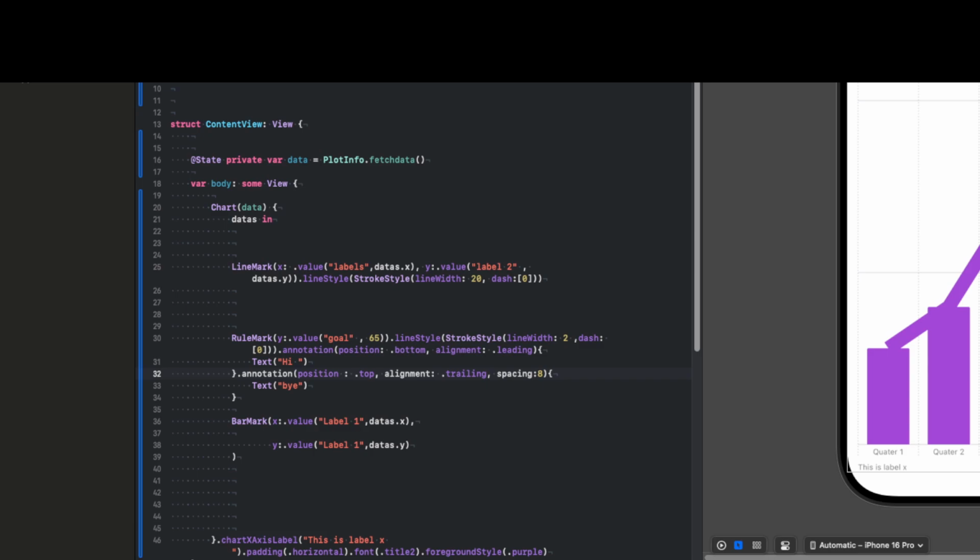The way line mark is, I need to plot it. So if I'm comparing, I need to loop it over both, right? Both simultaneous plots. So one is for that plot one, and then